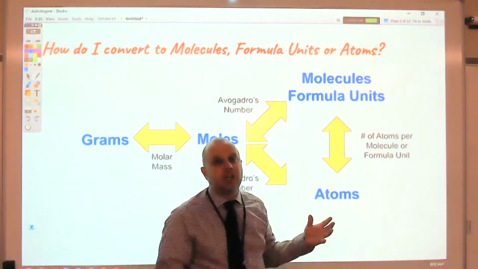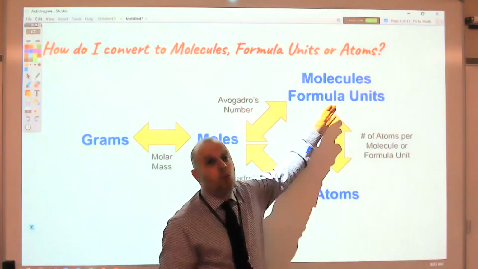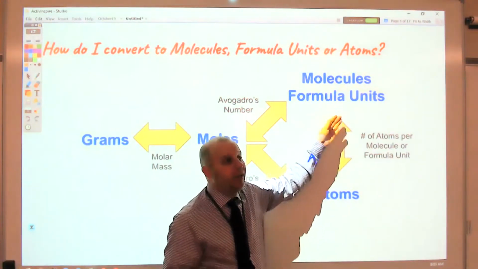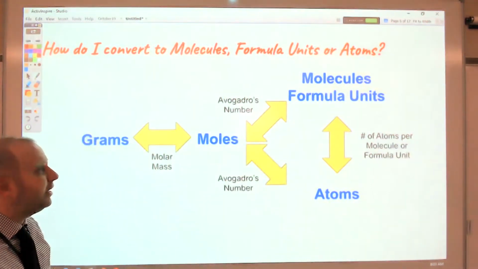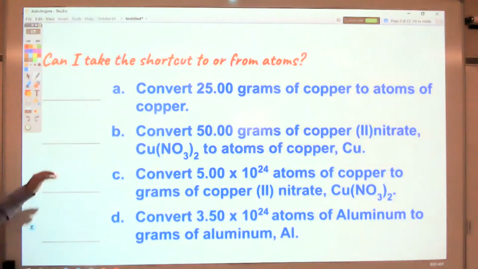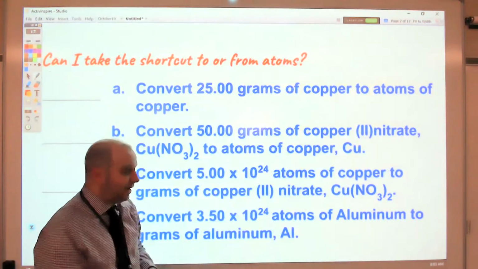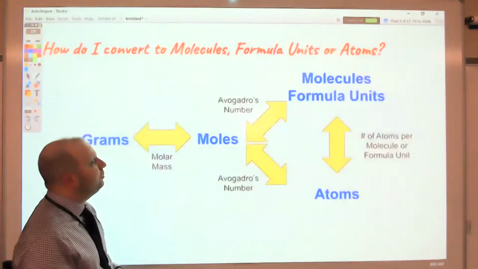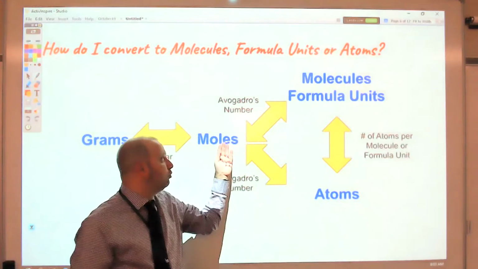So one of the things that we're going to practice, first thing that we're going to practice actually, is knowing when we have to use this pathway and when we can use our shortcut. So let's take a look at some scenarios. I wrote up here, can I take the shortcut to or from atoms? By shortcut, I mean this arrow down here that allows us to go directly from